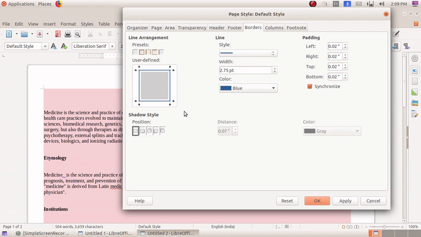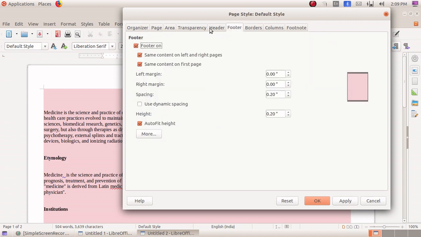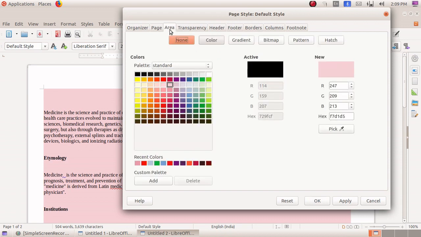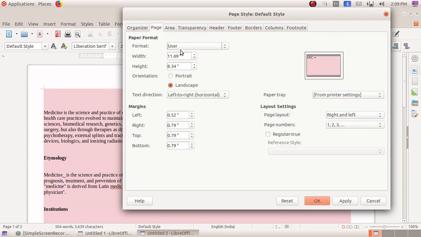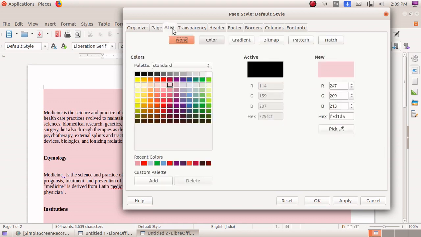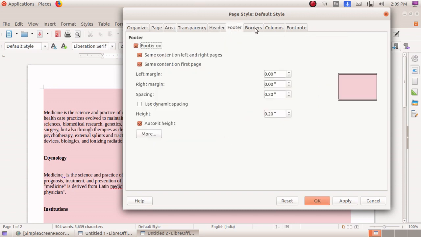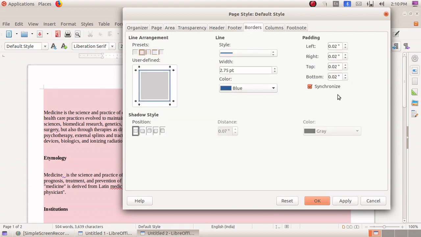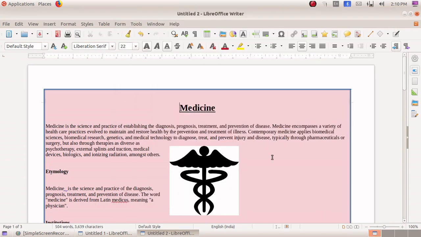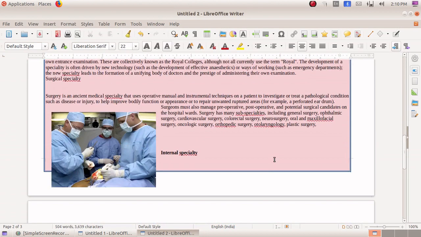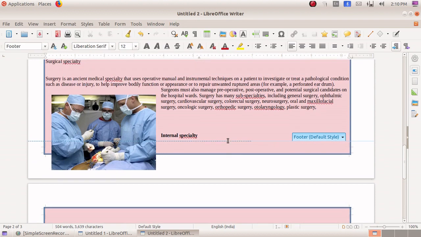Clear? So these are the main options we have discussed today, that is how to apply a page format and margins and orientation of a page. Okay, and applying the background color, applying the header and footer, and arranging the borders in a page. Clear? So just click Apply and click OK, then only your page will be saved. Can you see the changes here?